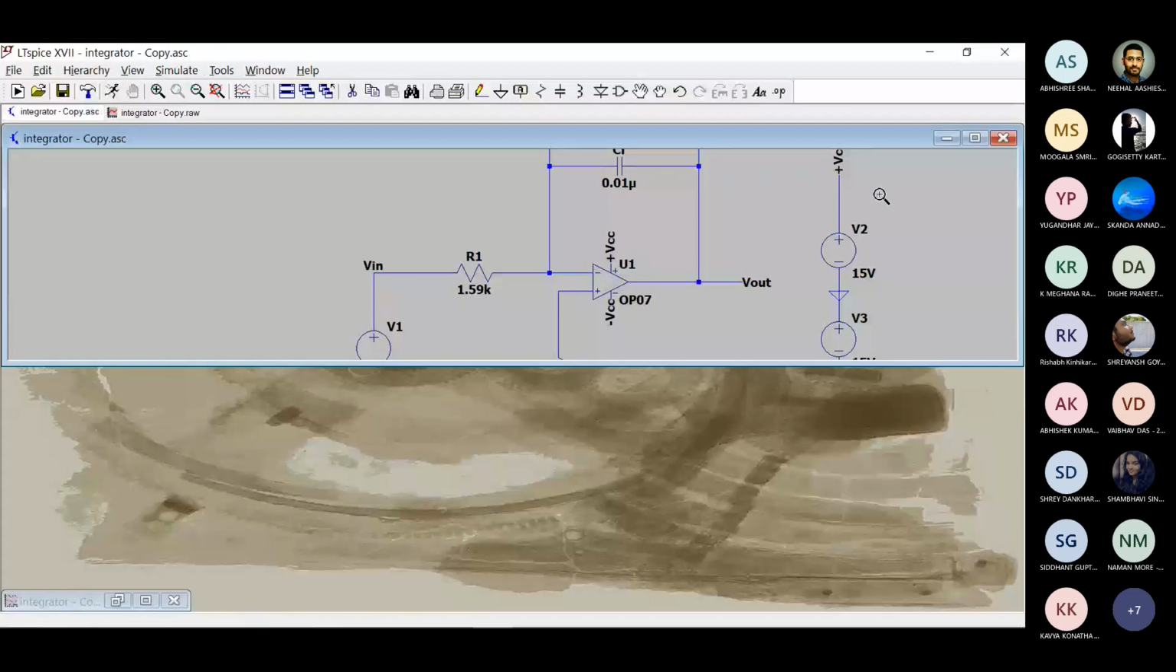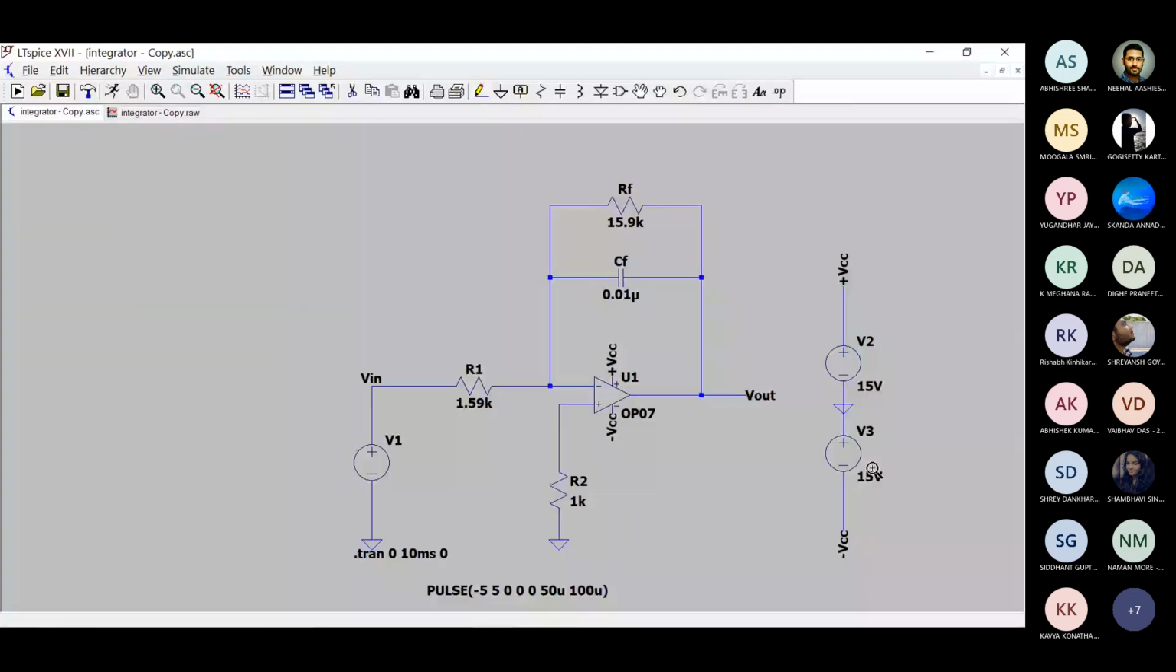So how do you calculate these values and what are these? So these are the V saturation. An operational amplifier has plus VCC and minus VCC. So this is like a standard way of connecting it here. We'll be sharing all the files with you and you can run it on your computer later. So okay, so the way you calculate RF, CF, and R1 is, we basically operate an integrator in